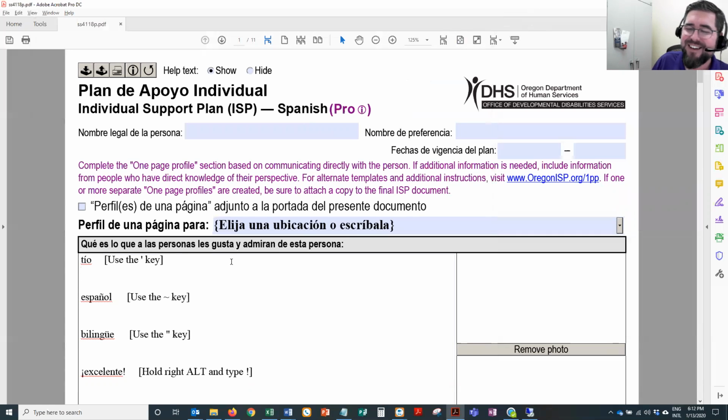So here I am taking a look at this Spanish ISP, and now one of my favorite roles in life is being Uncle Alan to my nephews Wiley and Ivan, and Owen and Maya, my niece and nephew. So as Uncle Alan, you might want to refer to me as Tío Alan. So Tío is the Spanish word for uncle, and if you wanted to type Tío,